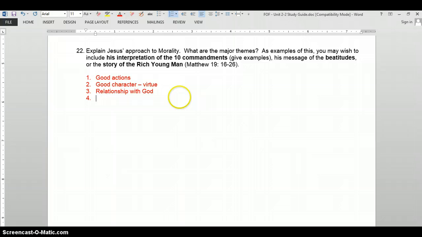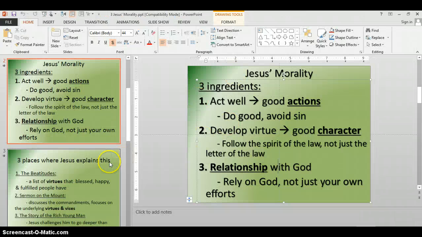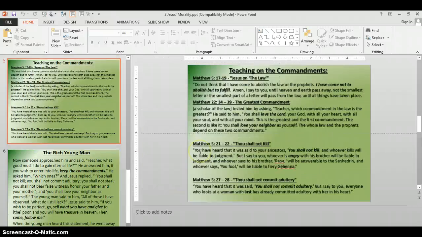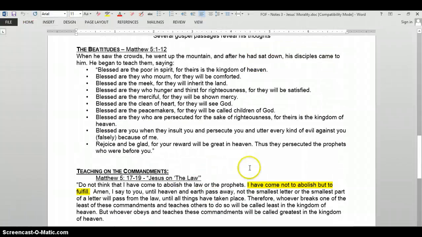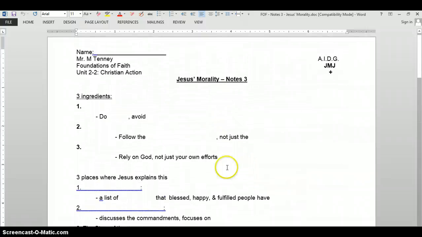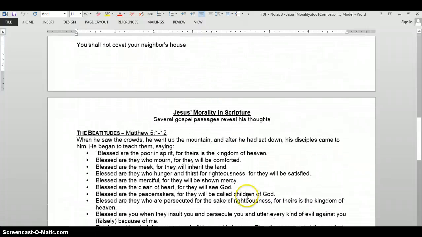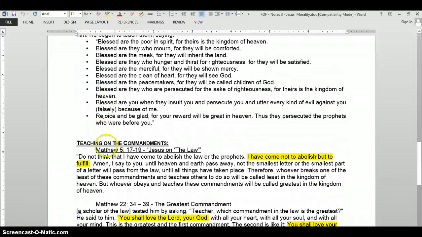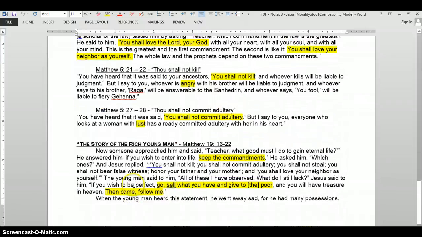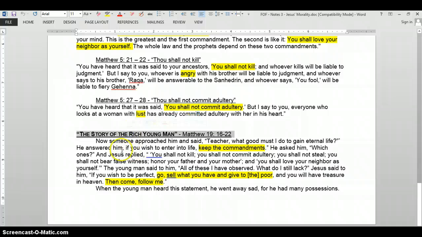Now, you get to pick how you talk about those 3 themes. Do you want to use his interpretations and commandments, the Beatitudes, or the story of the rich young man? For these 3, these are also in the PowerPoint, right there, or they're also on the back of your notes page for notes 3. Okay, so this is the notes page where you took all the notes on that. You got the 10 Commandments right there, and then on the back, you have the Beatitudes. That's option number 1, teaching on the commandments. Option number 2, story of the rich young man. Option number 3, I would